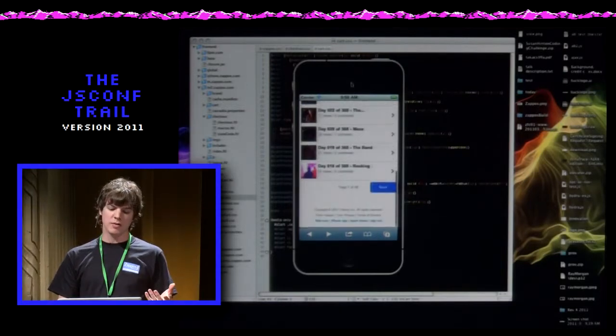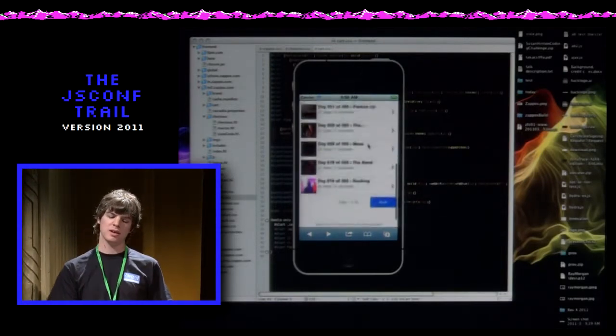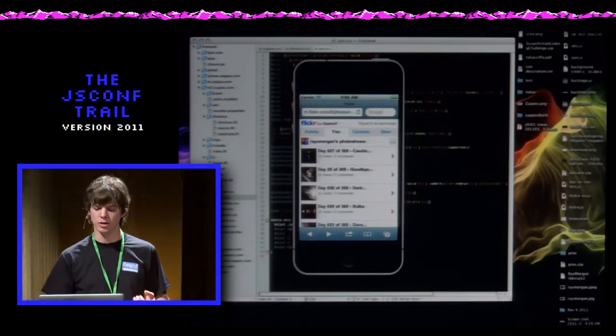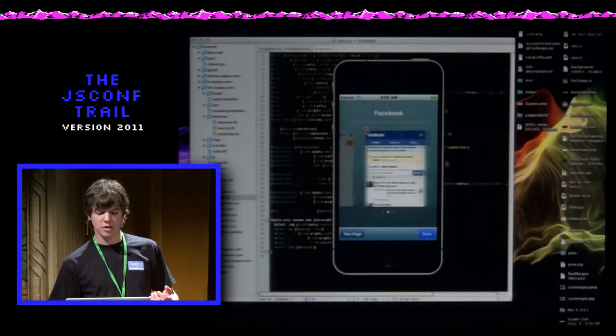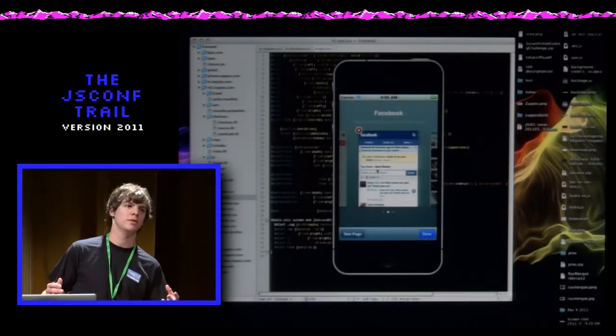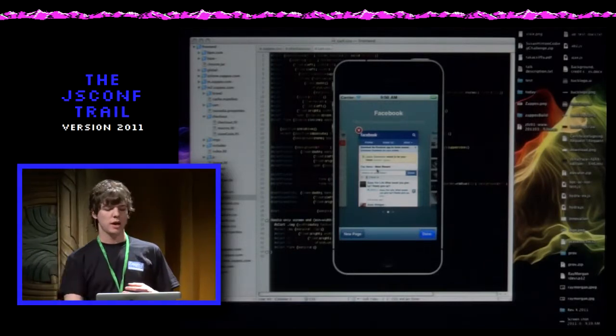I guess it's not as bad for them because there's not that many, but it's still not right. It frustrates people. It's just not what they're used to. Another example is Facebook. They do some cool touch stuff. They also do a lot of newer stuff, and so they,